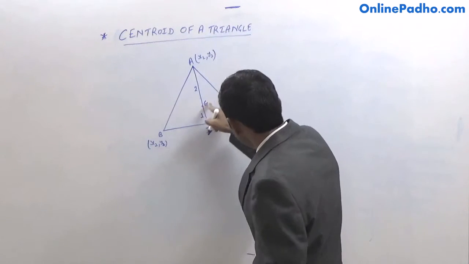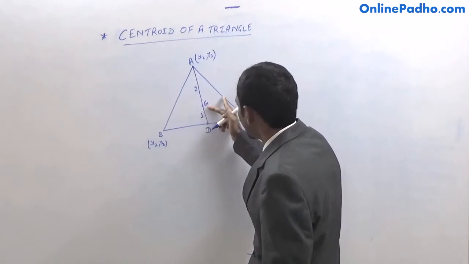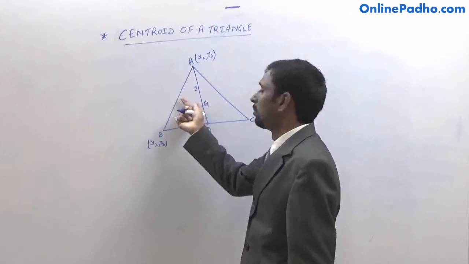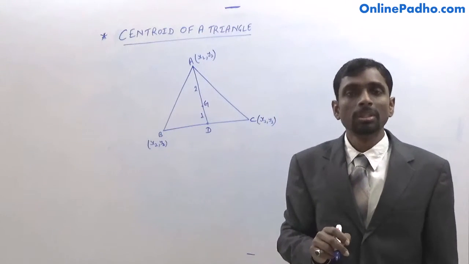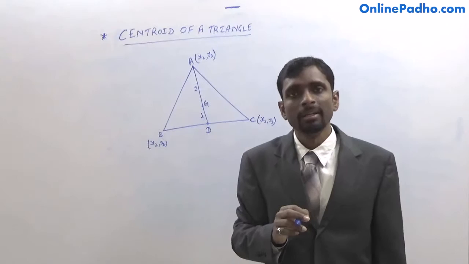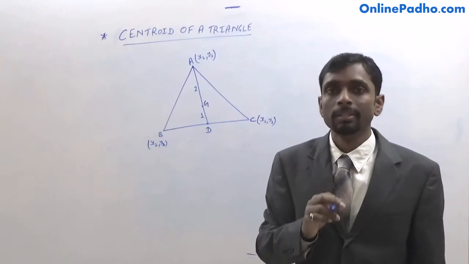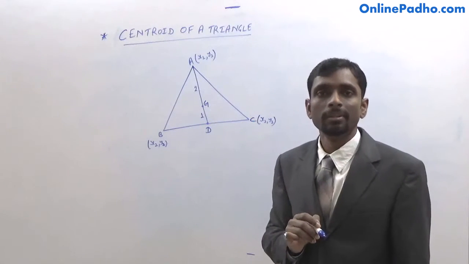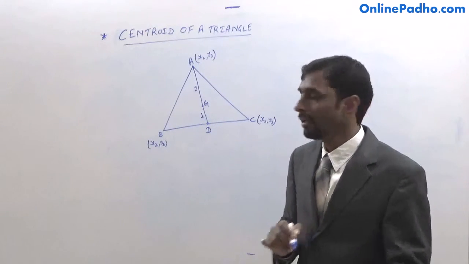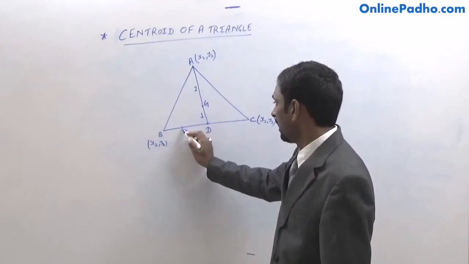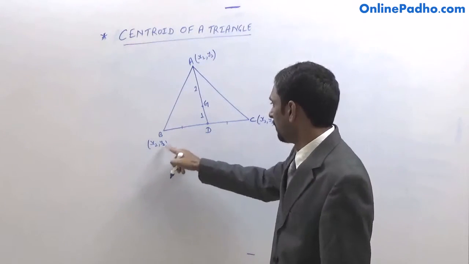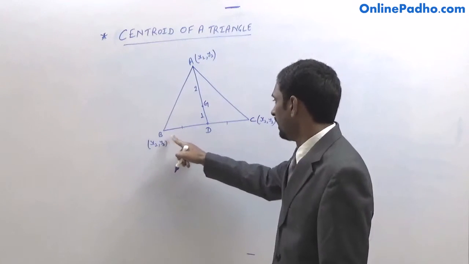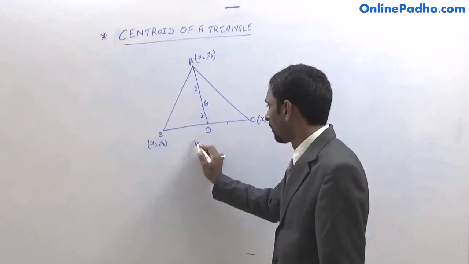If you draw this median, it will again be 2:1. If you draw this median, it will be again 2:1. So the centroid divides every median in the ratio 2:1. So we have to find the coordinate of point G, which is called the centroid. To find the centroid, we need to find the coordinate of point D. Since AD is the median, D must be the midpoint of BC, and you know by the midpoint formula